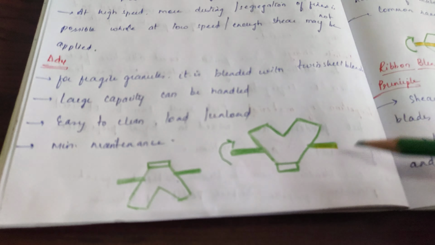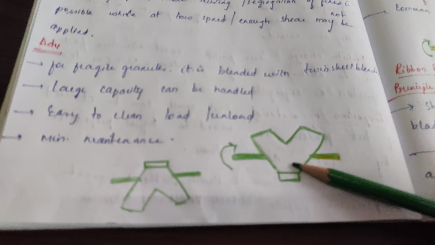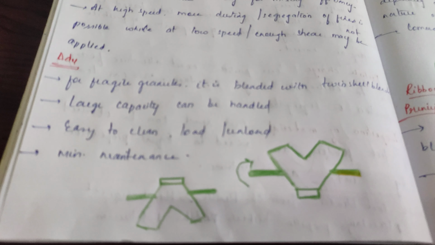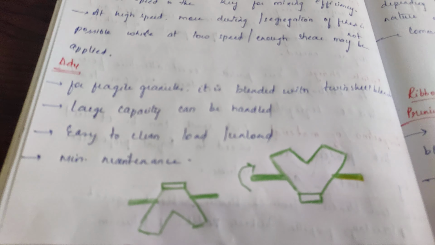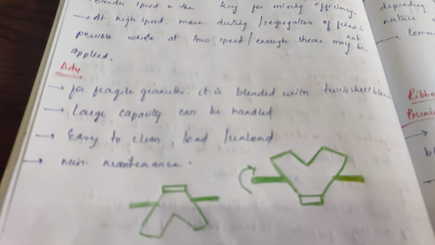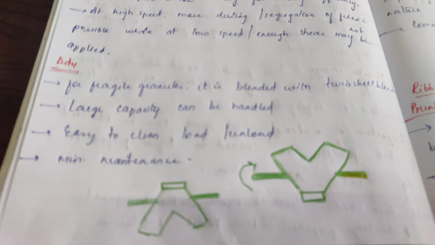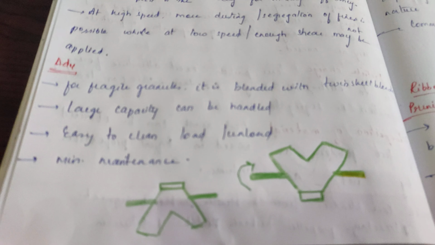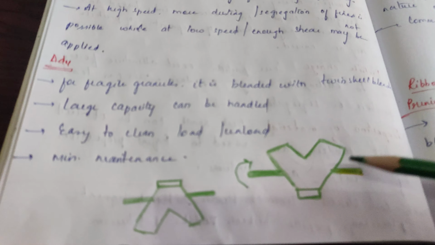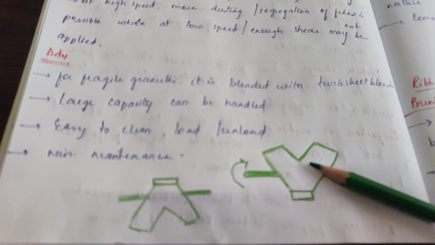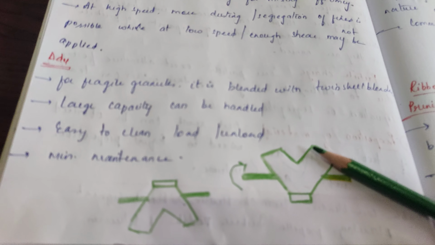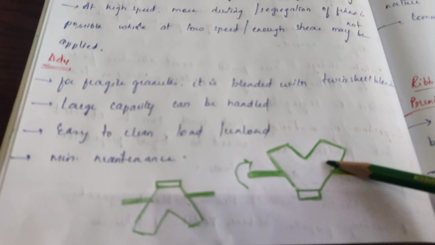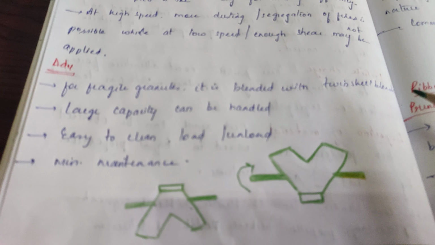This blender is made up of stainless steel or hard plastic. It has two types. For small scale, we can blend up to 20 kgs, and we can rotate it up to 35 rotations or revolutions per minute. The large scale model is available to take 1 ton of material and to rotate at 15 rotations per minute. So this equipment is available in small scale and in large scale.